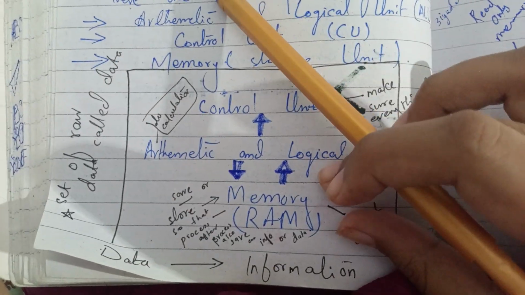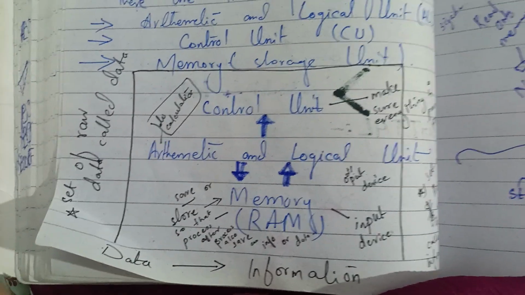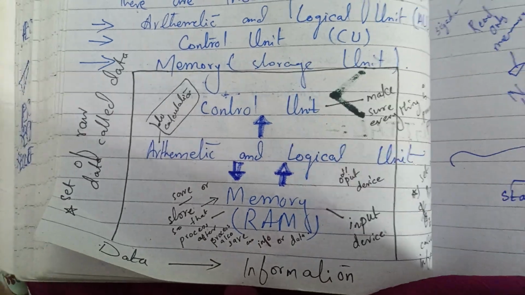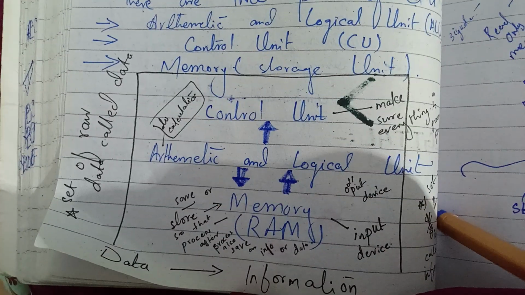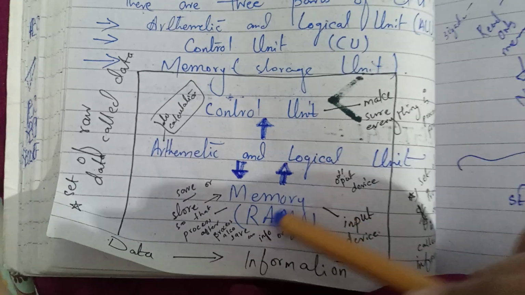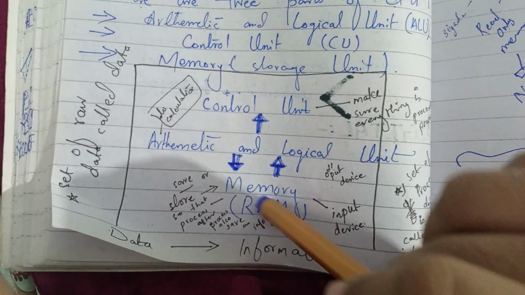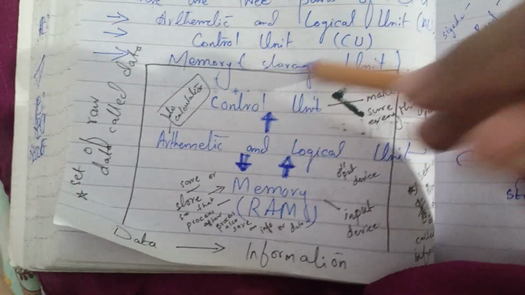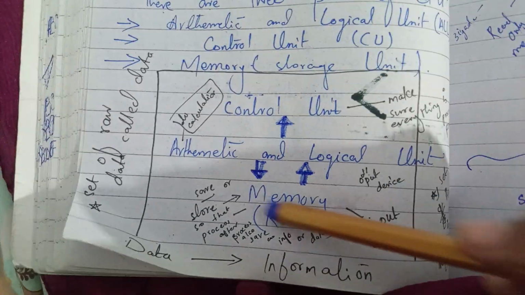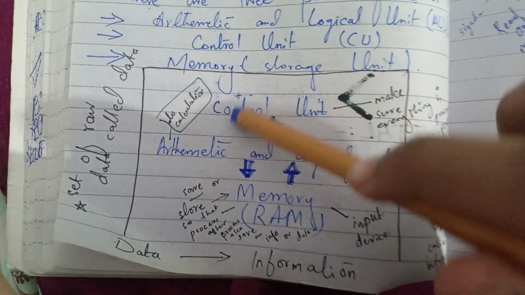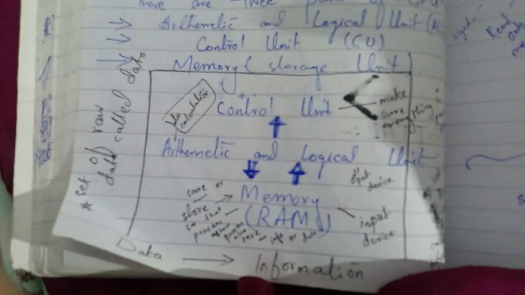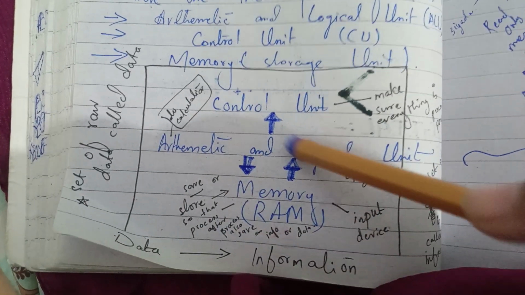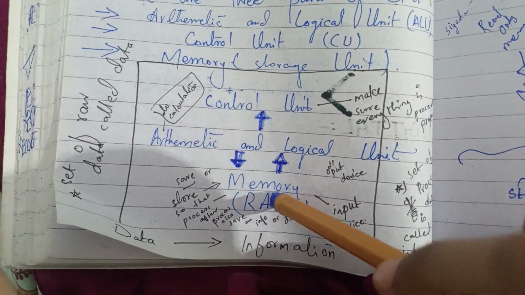It basically stores short term memory. First you input something, memory will store it and then process it. Then the final result will be controlled by the control unit, CU, and then again it will be stored in memory. What kind of memory? RAM,